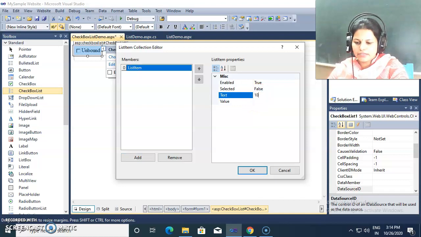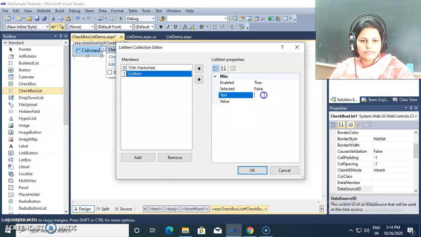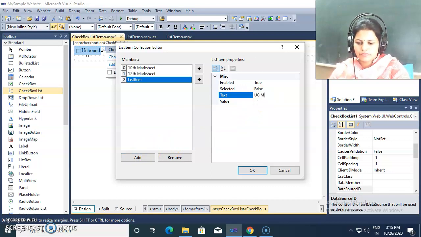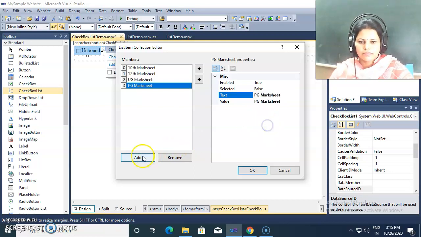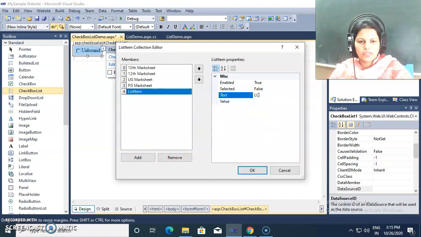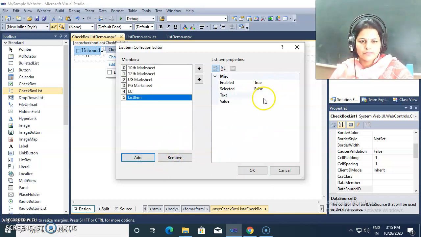So I'm adding here, any item you want you may add, then 12 mark sheet, then UG, then PG, then maybe LC, means living certificate, then TC,